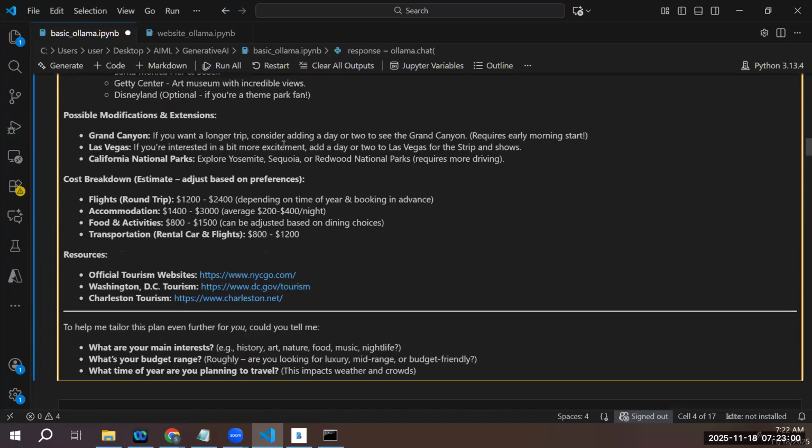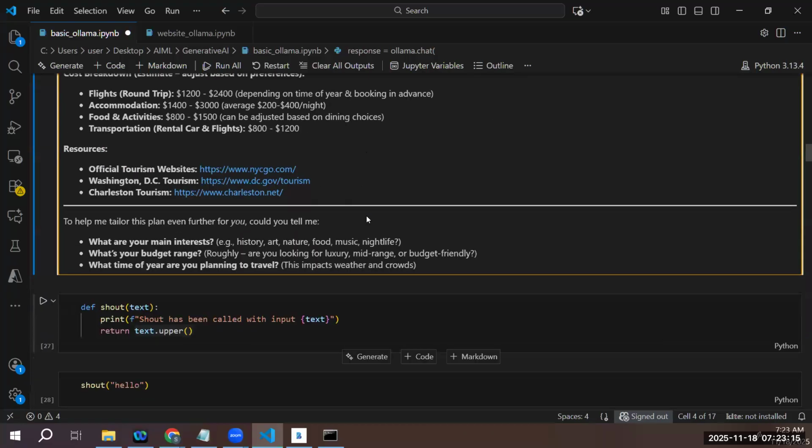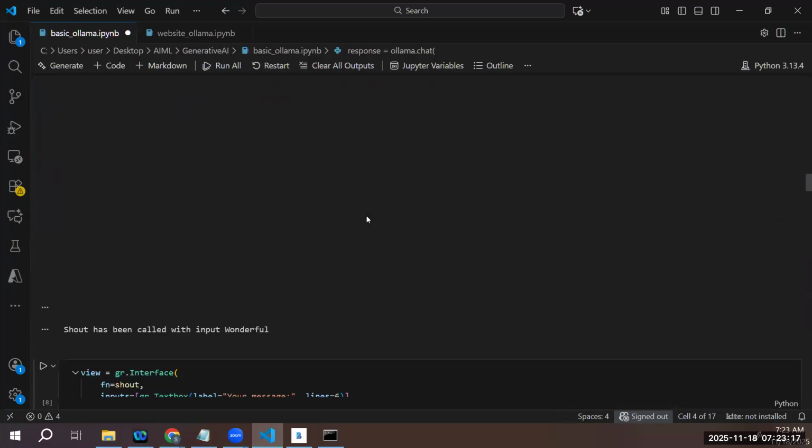So as you're seeing, it is providing all the details, including the flights and accommodations and all that stuff. It is trying to give us an estimate of how much we would spend. So let me quickly go through